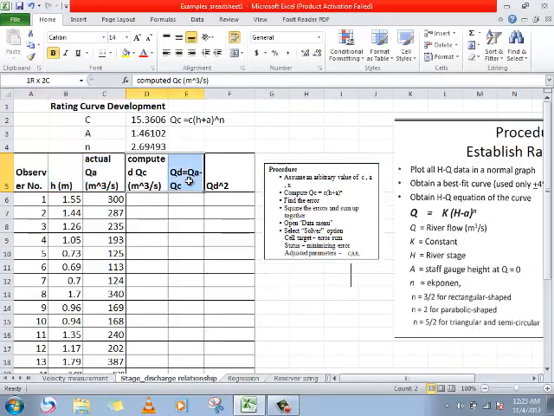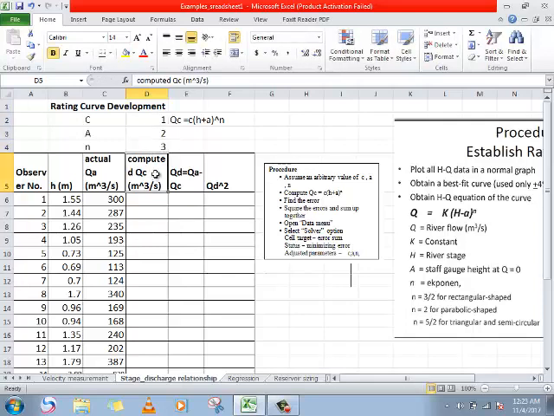The others you are going to compute. Therefore, here to compute Q actual, Q computed, you will have constants C, A and N. Here these are arbitrary numbers. I can change those numbers like 1, 2, 3.